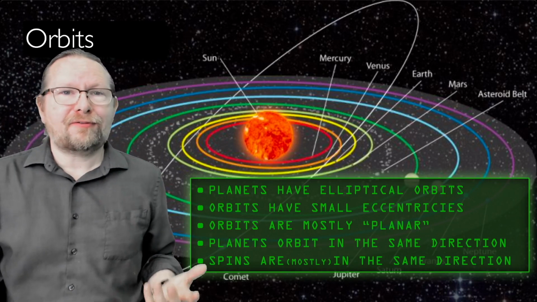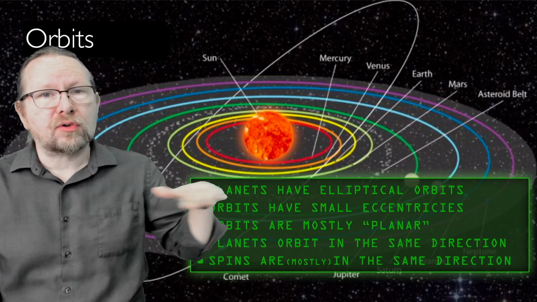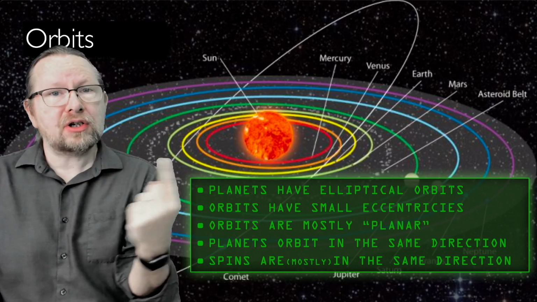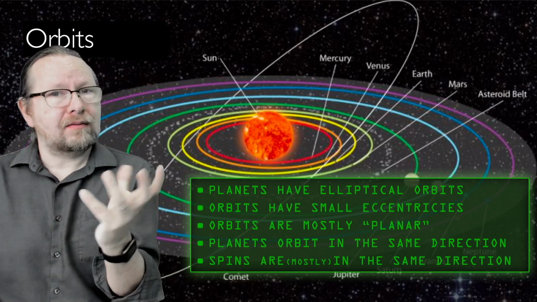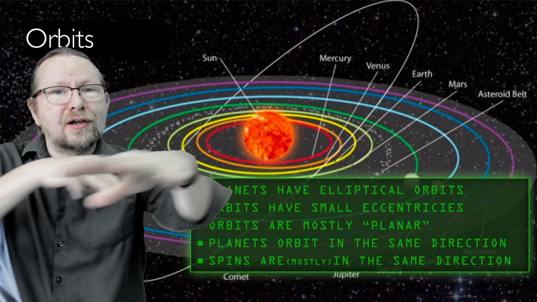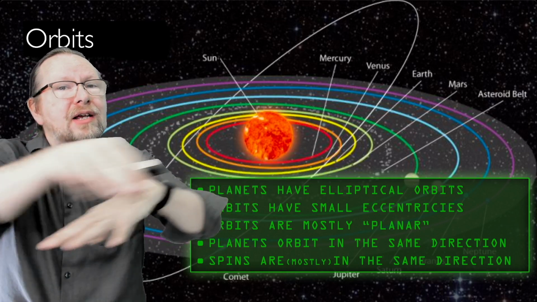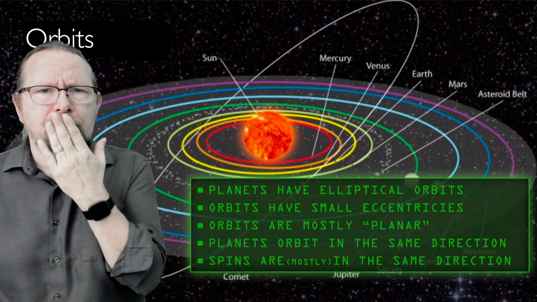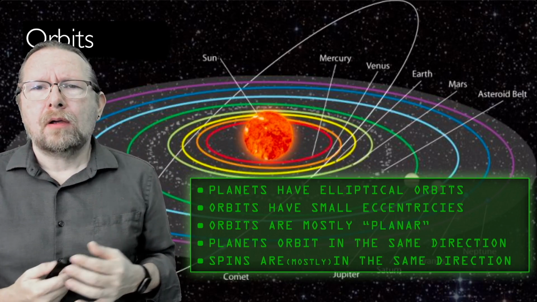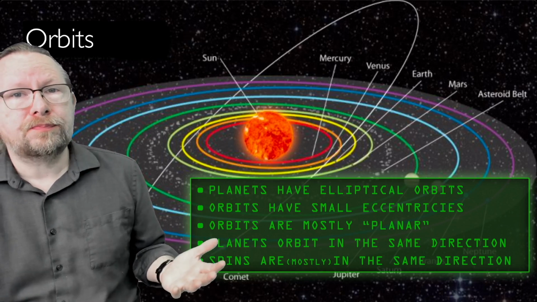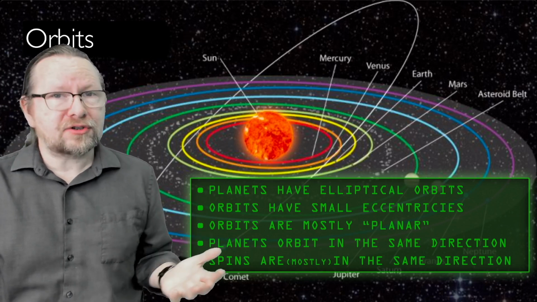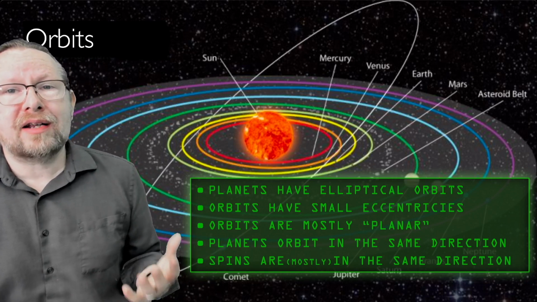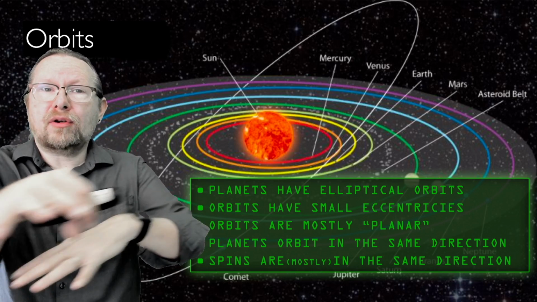We can take this fact about the planets in our solar system. By the way, almost all the moons also go around in that same direction, and almost all the planets spin in that same direction as well. So the direction of the solar system spin is almost all in one direction, with a couple of exceptions of things that were caused by collisions and so on, which we'll talk about when they come up. This is a hint, a clue that tells us something about the history and the formation of our solar system. And this is generally regarded as evidence that all the planets and all their moons and all the